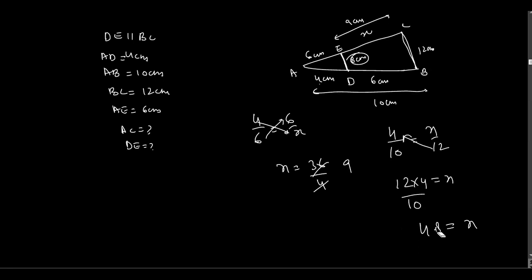Okay. Got it? Where were you making the mistake? If we are comparing the whole sides, we have to compare it with the whole sides. Okay. So we have to take this 4 upon the 10 because this is one side of the triangle and the 10 will be the side of the other, full triangle. And this will be DE, it means x upon BC, the whole side. So you have to compare this one. Next question.